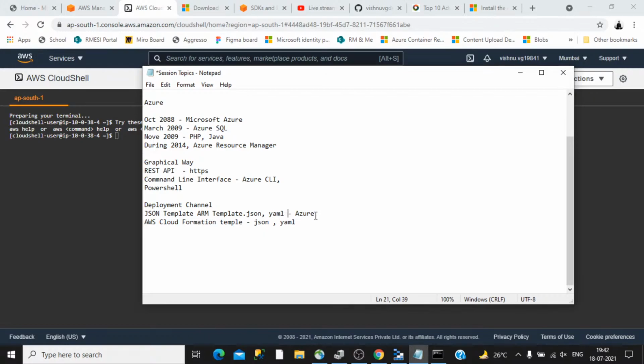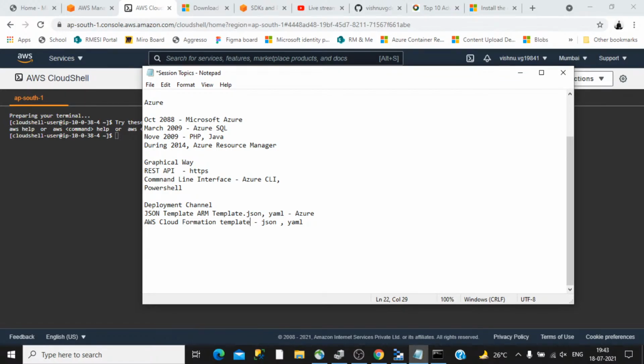This helps with another flexibility as well. If you want to alter something in deployment, you can just easily change the YAML and deploy that. So in terms of Azure, it is called the ARM template, and in terms of Amazon, it is called the AWS CloudFormation template. Okay, so I hope you got the point here. So this is the deployment model.